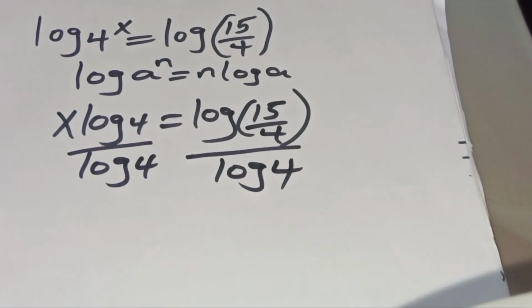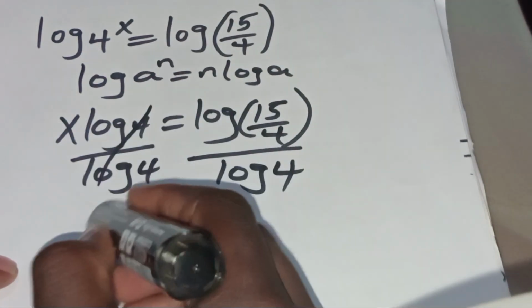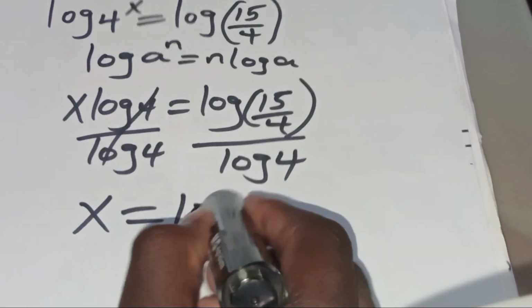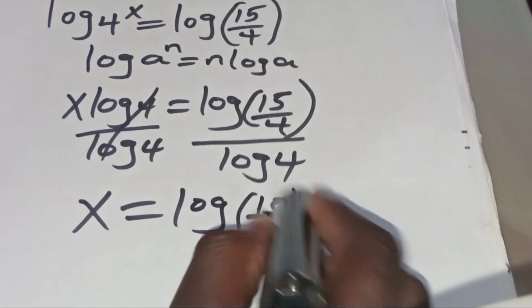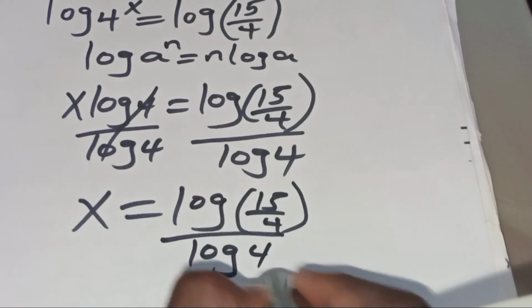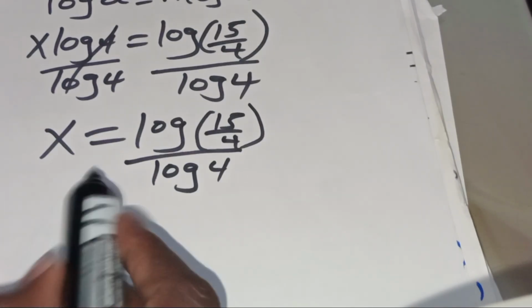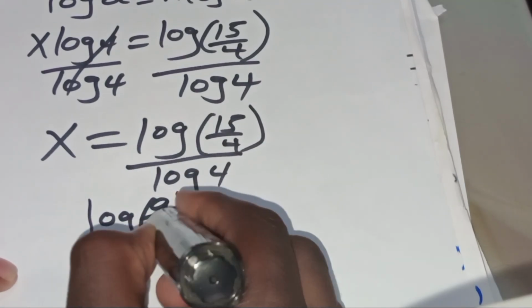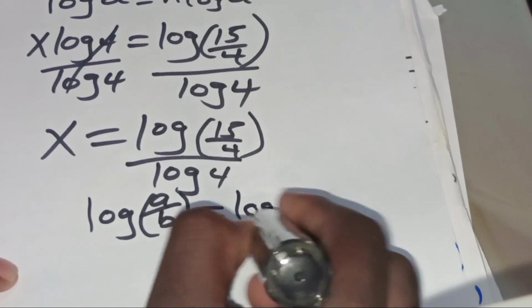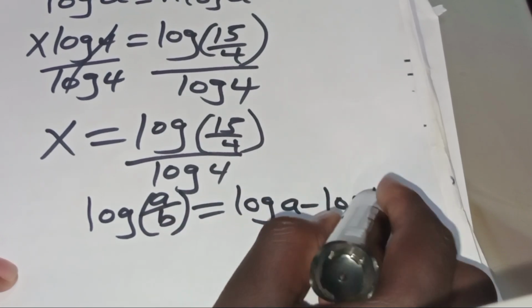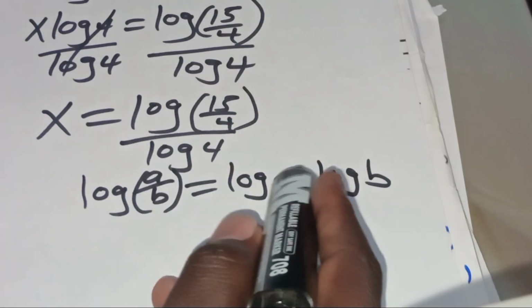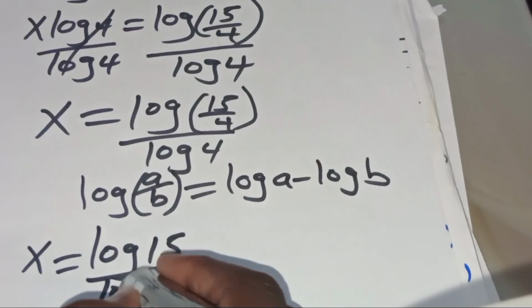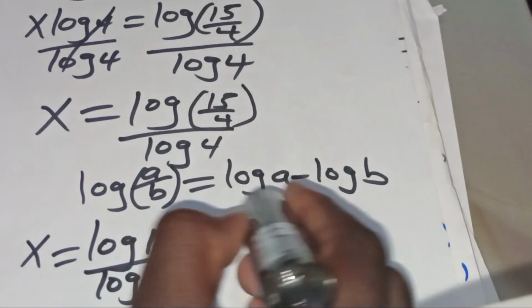Now from what we have here, let's simplify. So we simplify both sides so that x is isolated. Log 4 and log 4 simplify. So we will have x is equal to log of 15 divided by 4, divided by log 4, okay? Now as you can see, log of 15 divided by 4 is in the form of log a divided by b, which we can express as log a subtract log b. Now let's apply this property so that x is equal to log 15 divided by log 4 subtract log 4